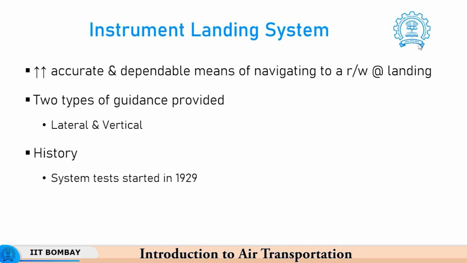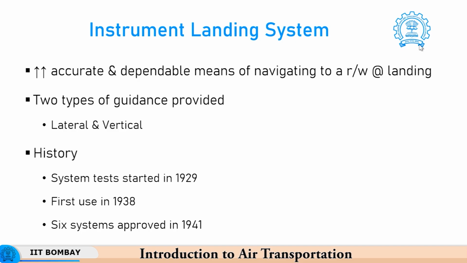It was first proposed in the late 1920s and system tests started in 1929. After testing it at various places and under various conditions, nearly 9 years later the first application of ILS was in 1938, way back, and in 1941 after extensive trials 6 systems were approved to be installed, and then slowly this became very common and popular all over the globe as one of the primary and the most commonly available